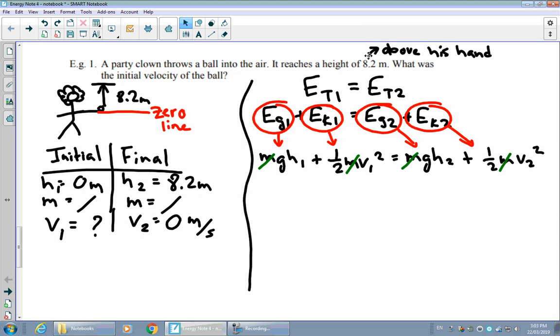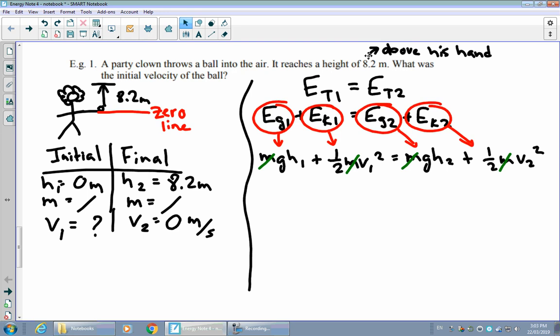What this is actually telling us is an important thing that's true in this particular situation, which is that our answer is going to be what we call mass independent, meaning that it literally will not depend on what the mass of the ball is. So whatever velocity we find for v1 will be the true v1 value, whether this was a tiny little golf ball that he was throwing in the air, or a big heavy bowling ball. As long as he throws it with this initial velocity that we'll find, we know it's going to go 8.2 meters in the air, completely independent of its mass.